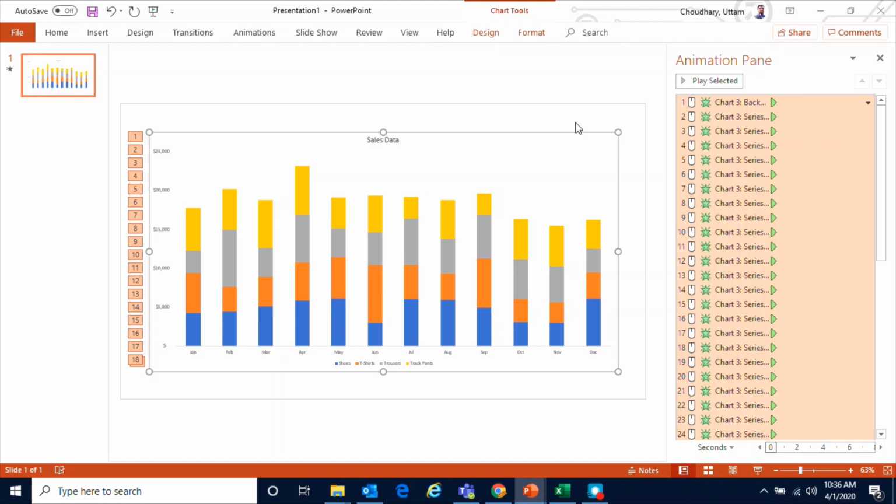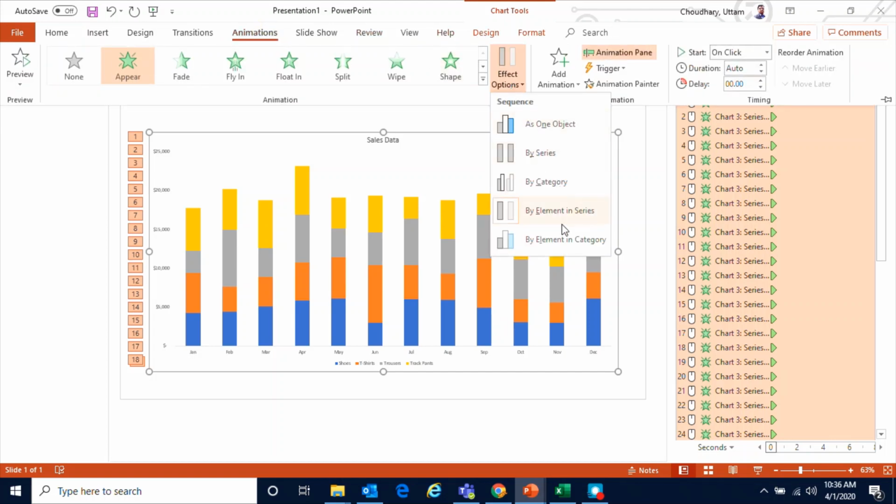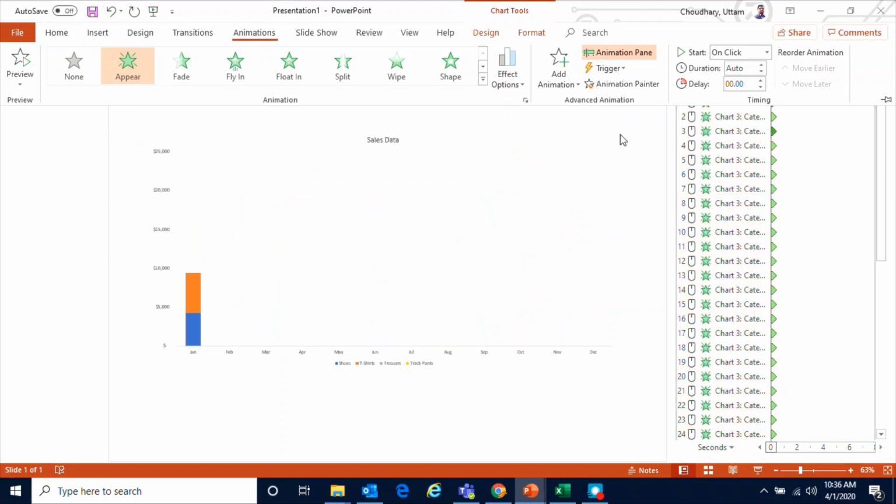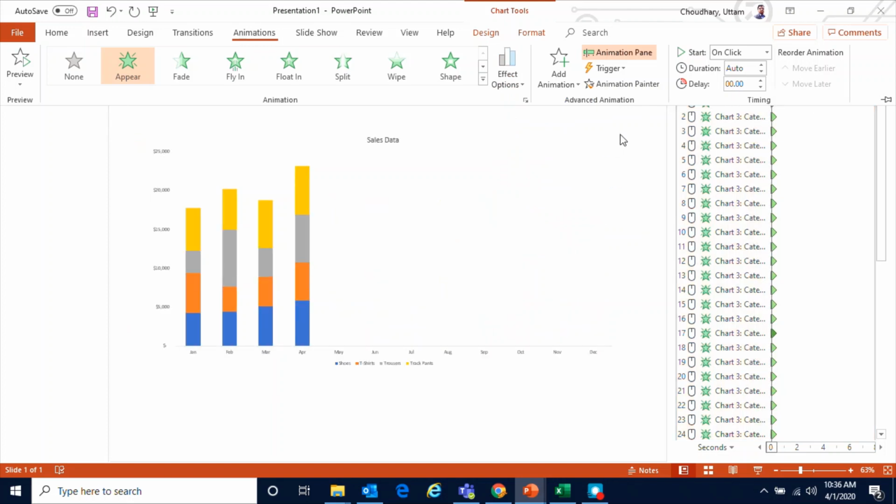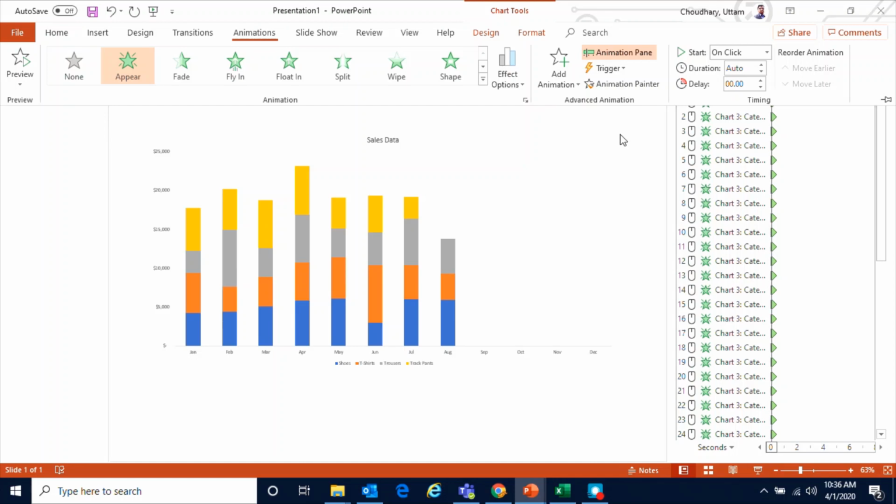You had to actually go ahead and animate the entire chart in one go, but now you have the capacity to animate by series, really. So let me go ahead and show you some more. You can animate by category. So say if you want to go this way,